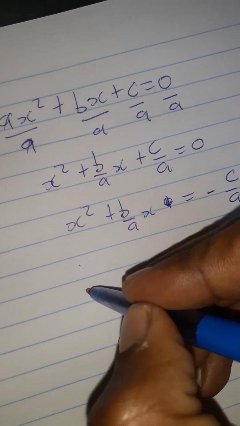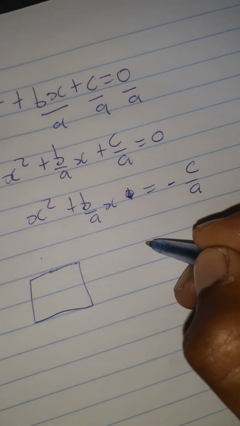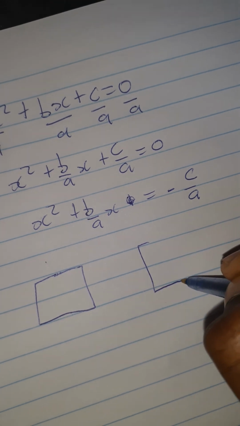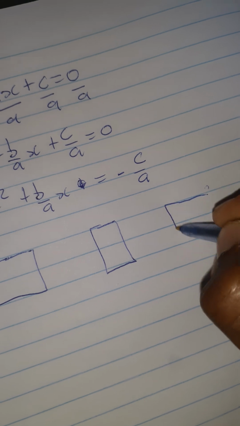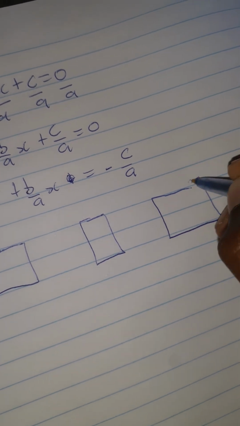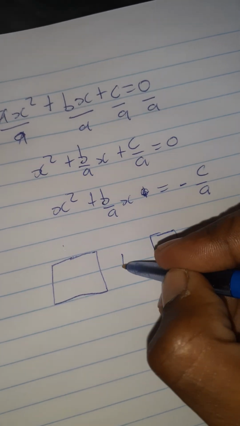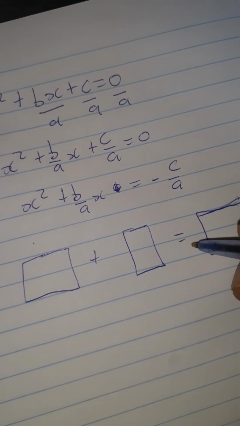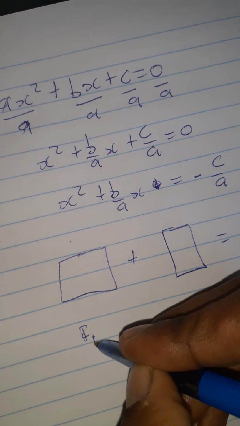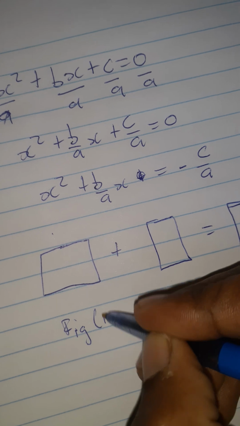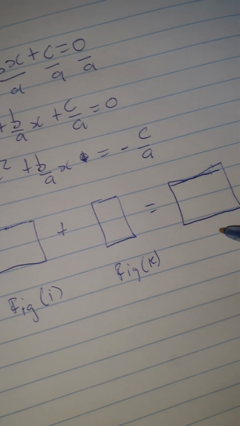So the first figure we're going to have is a square. The second figure we are going to have is a rectangle. And a third figure that we're going to have is a square. Now, it might seem a little bit complicated for now, but you'll soon understand why these figures are important. So we'll label this figure I, we'll label this figure K, and we'll label this figure